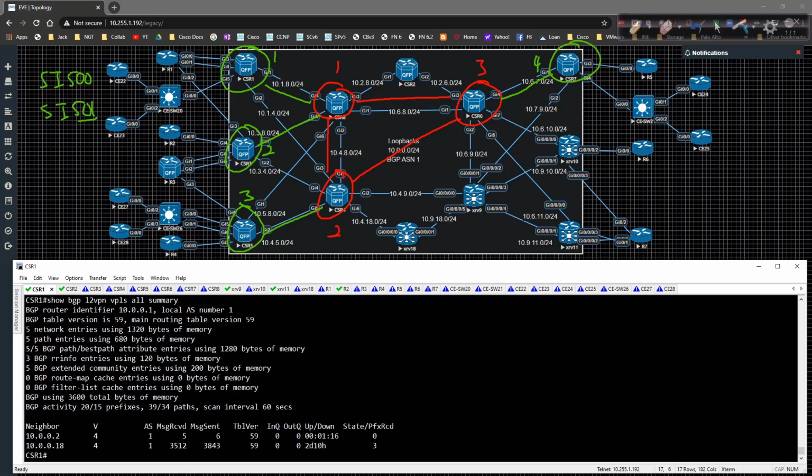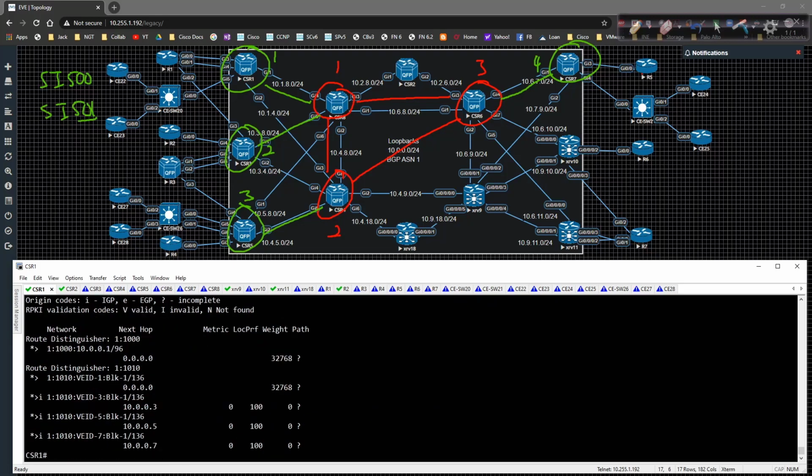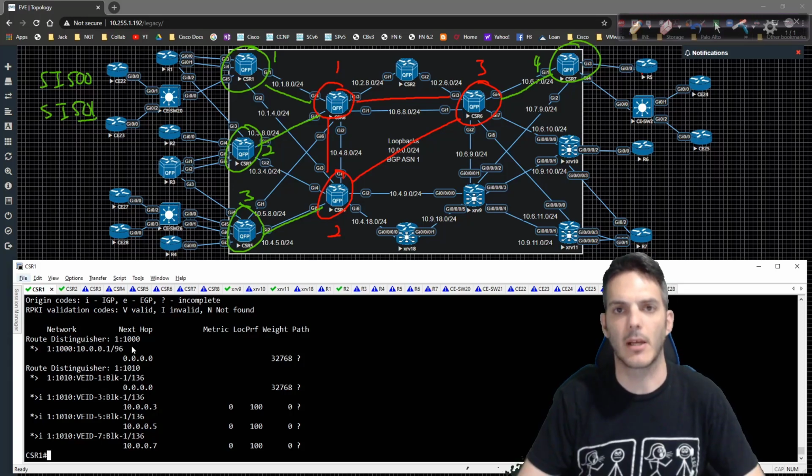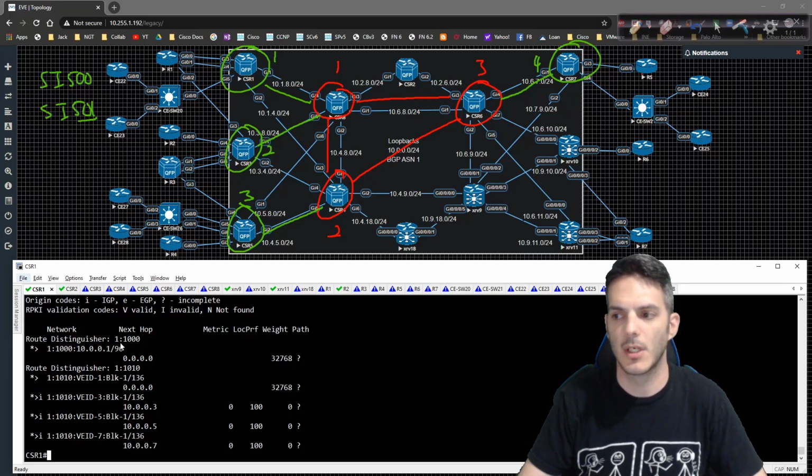I have a peering. Okay, well I definitely have broken the 1000 service instance. I definitely broke that. There's no doubt about that. So that's not working. But the point that I was trying to make, or was trying to test out, was